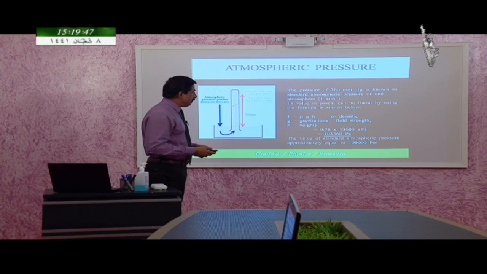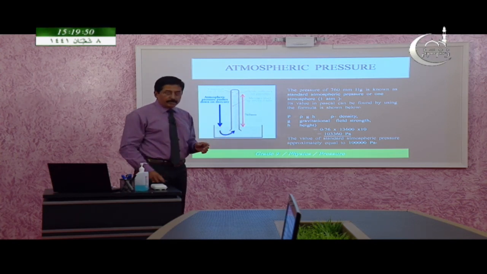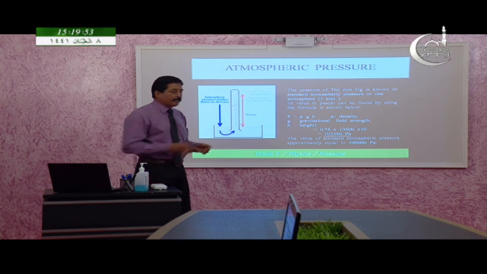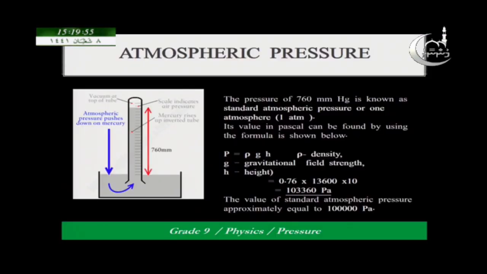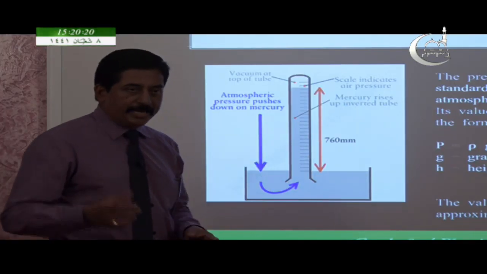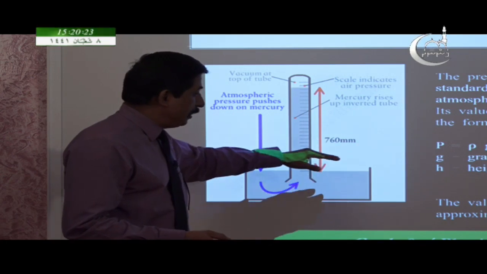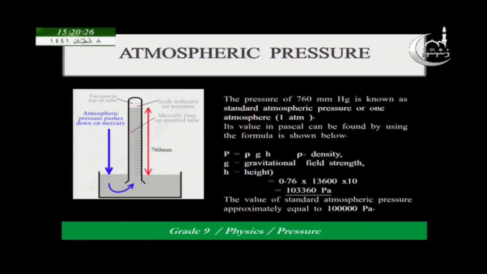Its value in Pascal can be found by using the formula shown here. So we need to convert millimeter of mercury to Pascal. How will you convert? First of all, we need to use the formula pressure equals rho g h, where rho is the density, here the density of mercury, g is gravitational field strength, and h is height. The height is given in millimeter. First of all, we need to convert the millimeter to meter. So we divide this 760 millimeter by 1000. So you will be getting 0.76 as the height, and